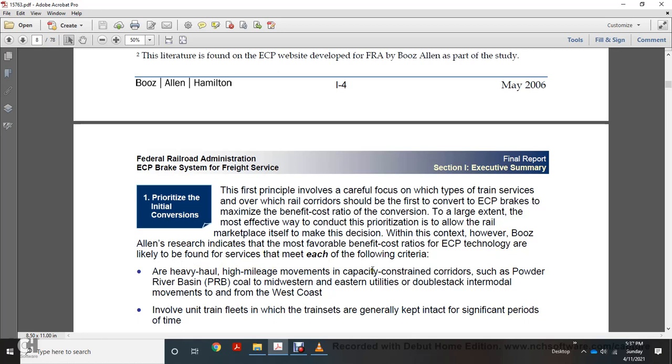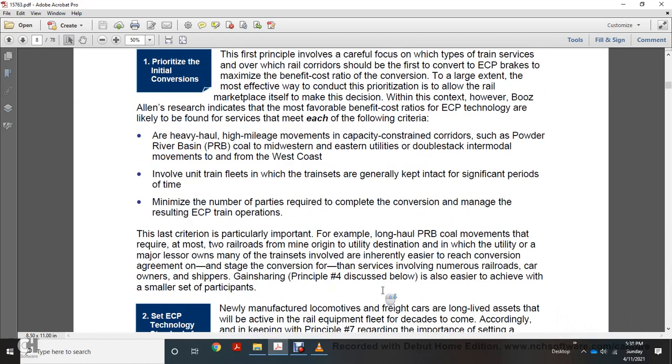Heavy haul, high mileage movements of capacity constrained corridors, such as Powder River Basin coal to Midwestern and Eastern utilities, and double stack intermodal movements to and from the West Coast. These involve unit train fleets and train sets generally kept intact for a significant period of time, minimizing the number of parties required to complete the conversion or manage the result of an electronically controlled pneumatic train operation. The last criterion is particularly important. For example, long haul